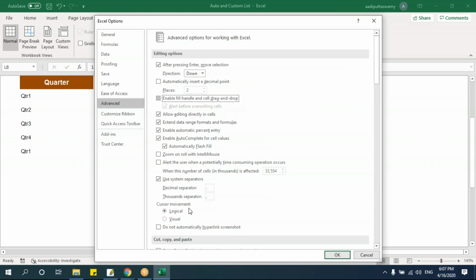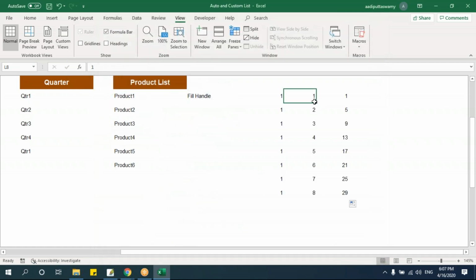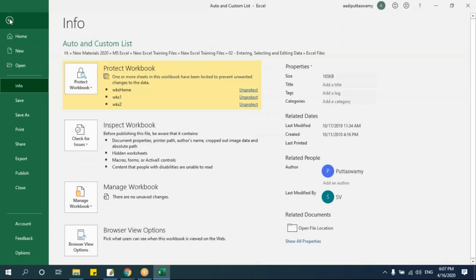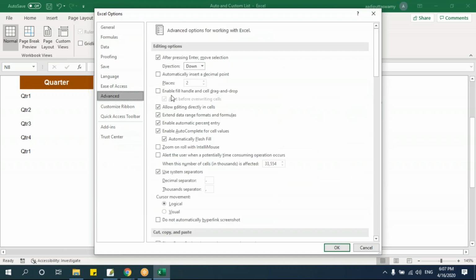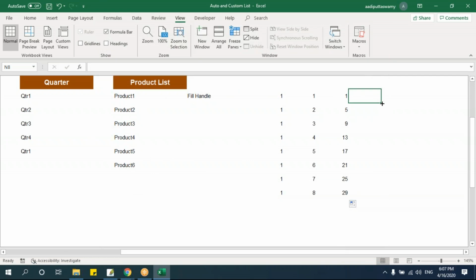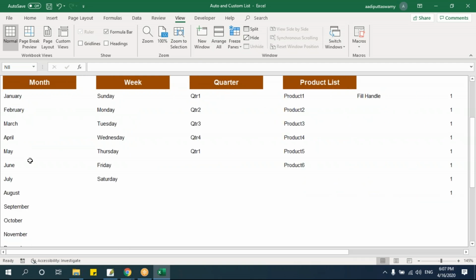If this is disabled and I say OK, now I cannot drag. Can you see the arrow does not change here to drag? Let me go to File, Options, Advanced, and enable fill handle and say OK. See, now I can drag. Can you see the cursor change? So whatever we did here was an inbuilt list, that means auto list. Automatically, it will create the list.